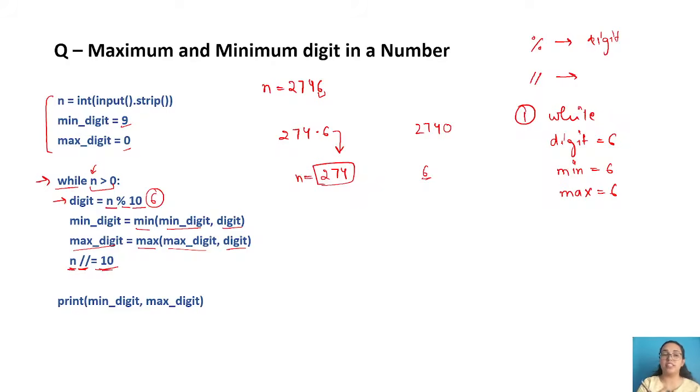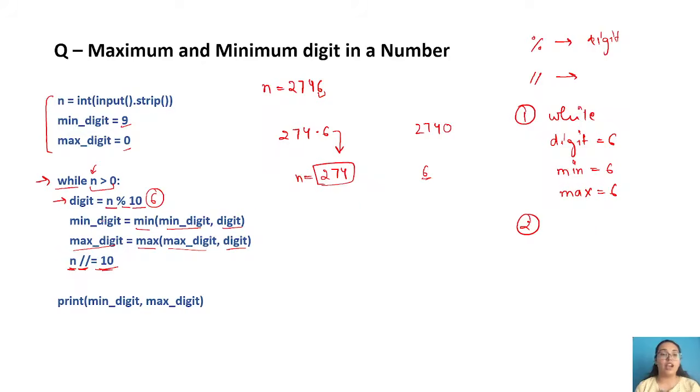Because in the next while loop, I'm going to check if my new number, that is 274, is greater than 0 or not. If it is greater than 0, we continue the same thing. If it becomes 0, in that case we will stop the while loop. Okay, I hope that is clear. These few things are basic, but you have to keep them in your mind when you're writing the code.